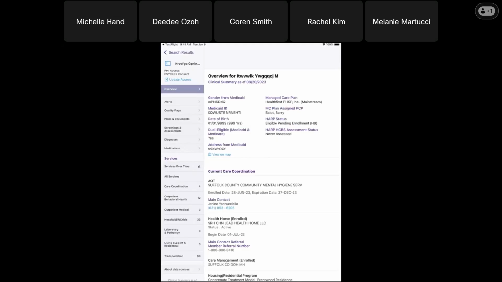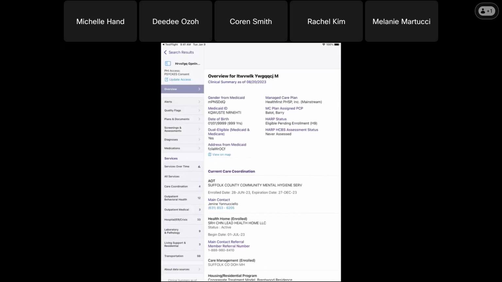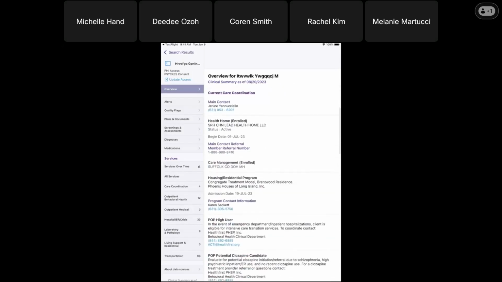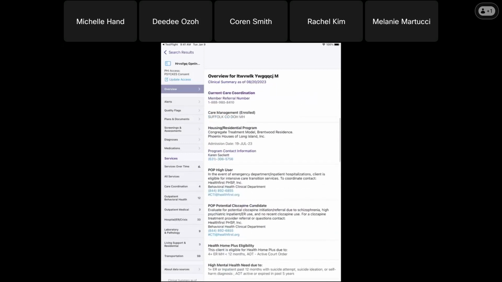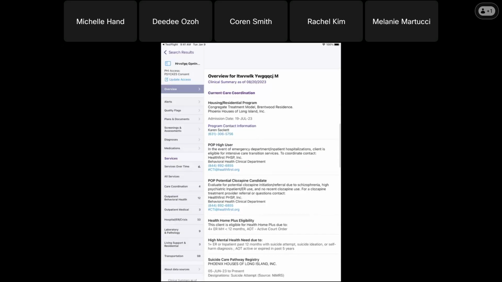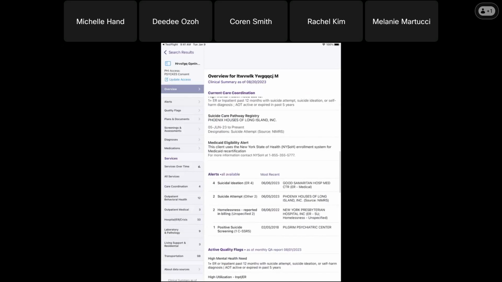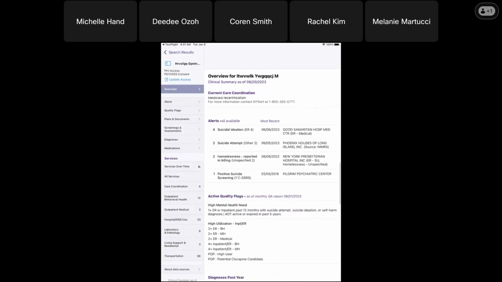So just to give a brief overview of our mobile app, we landed on the overview page, and this is iPad specific. The overview is only included in the iPad, not the iPhone. So I want to show what this looks like because it's pretty cool. This is the overview, the same thing you'd see on the web. And you can scroll down and see their current care coordination information section. You're able to click on phone numbers and call directly using the clickable phone number. We have the alerts section here, the quality flags,